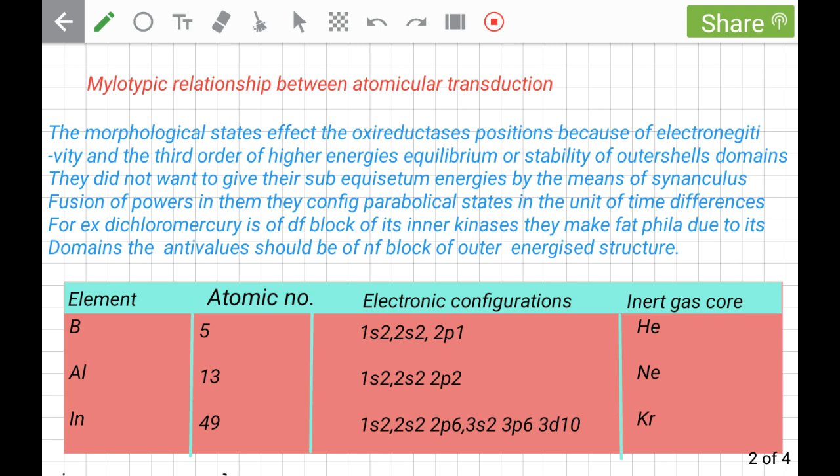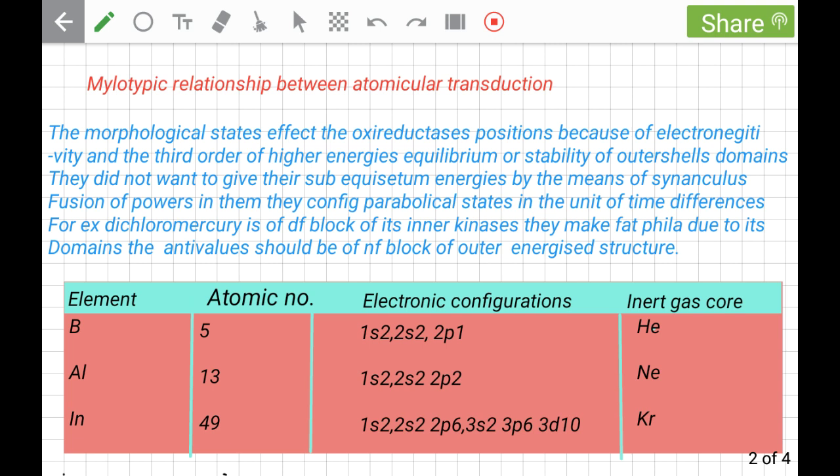They make a DFT module, discrete polymorphic values for transfer of it. So the morphology states the effect of the oxidative position because of the electronegativity,